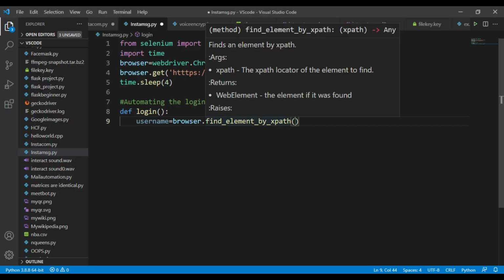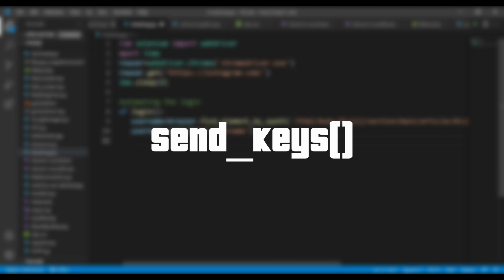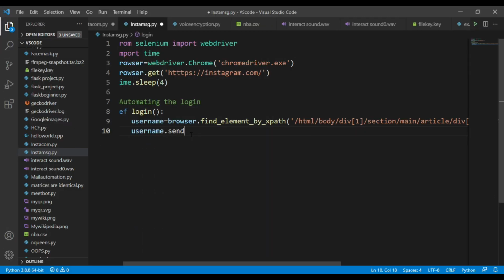After that, go to your program and paste the web element in the object, and then you have to send the username as an input. In Selenium, if you want to send any inputs to the web page, you have to use the send_keys method. We have to send our username to a particular field. So type username.send_keys, and in this object you have to pass the username of your Instagram, and follow the same steps for the password field.